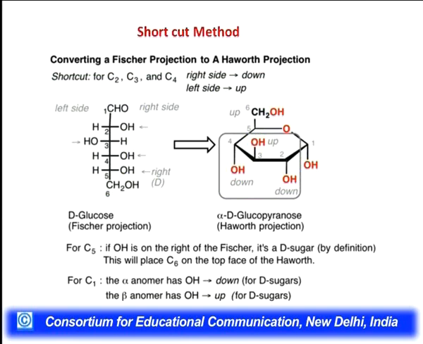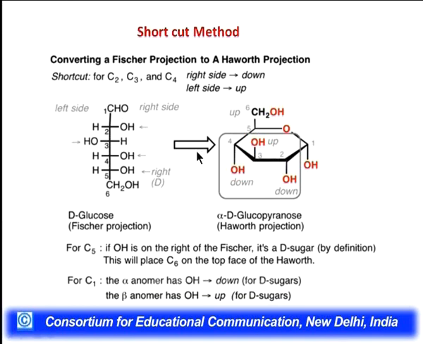So now if I talk of a shortcut method, instead of drawing all the structures, the easier way for drawing the pyranose structure is that first you draw a pyranose ring, that is without all these groups. And what you have to remember in the pyranose ring is that the oxygen has to be on the right hand corner. Oxygen will always be here. Now this is the anomeric carbon, this is the first carbon, and this is the primary hydroxyl group. Now please remember the second and the third carbon, these two carbons. Here the configuration will not change.